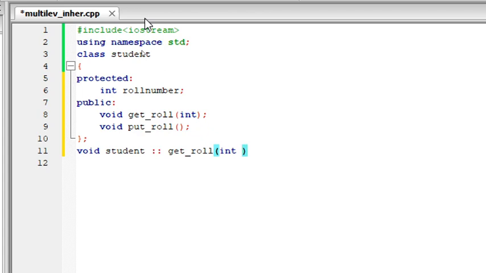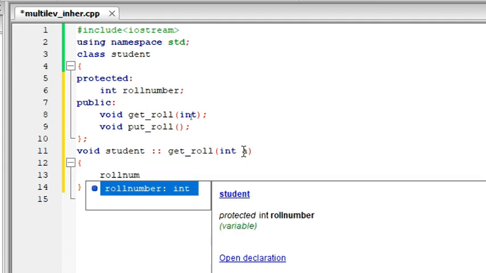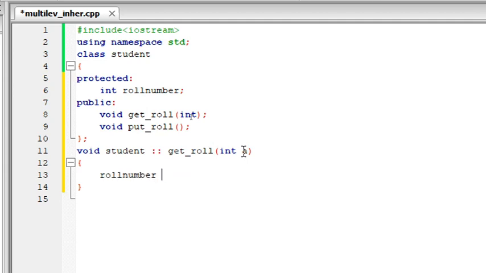You can define this either inside the class or outside the class. Now I need to define this function, so I can't just give the return type. I have to give a variable. So let me give a variable as a. Here I need to assign this a to roll number. So roll number equal to a. Whatever value I get in a is going to be assigned to roll number.